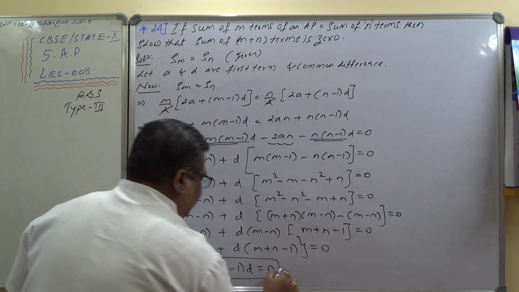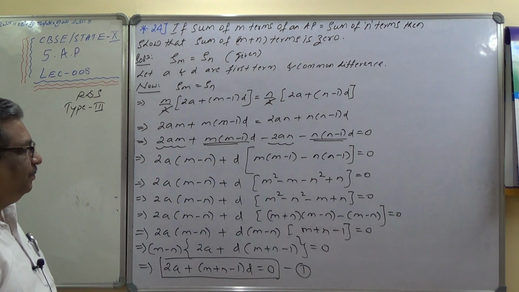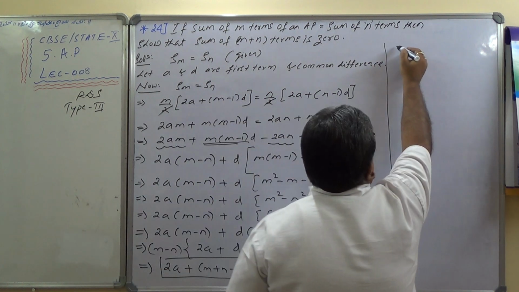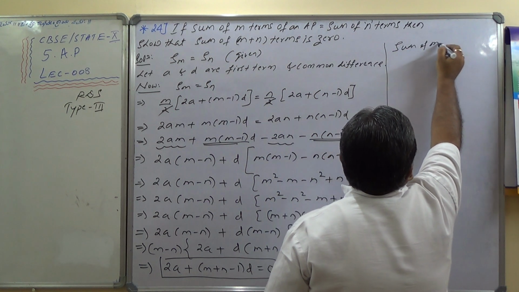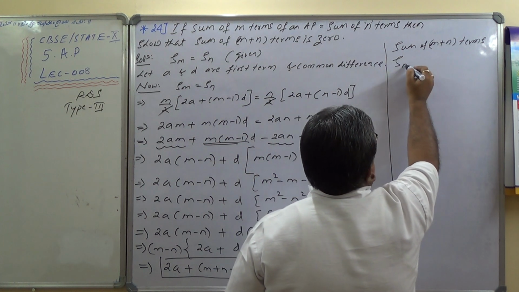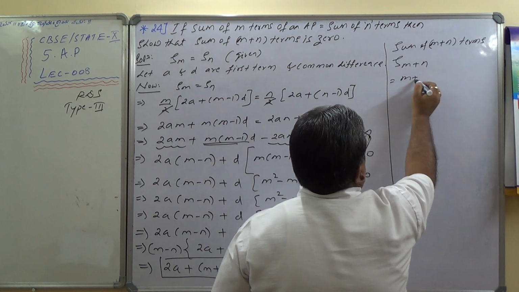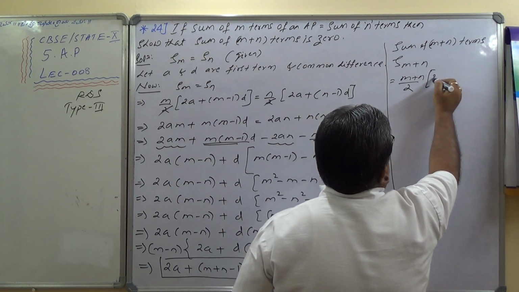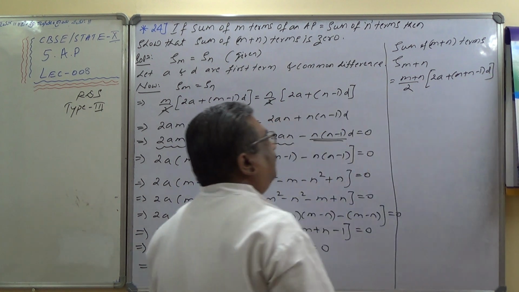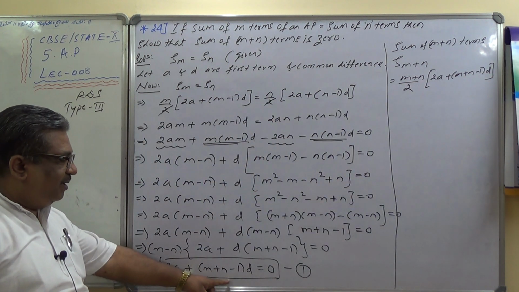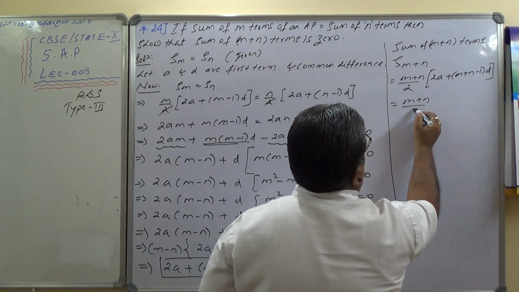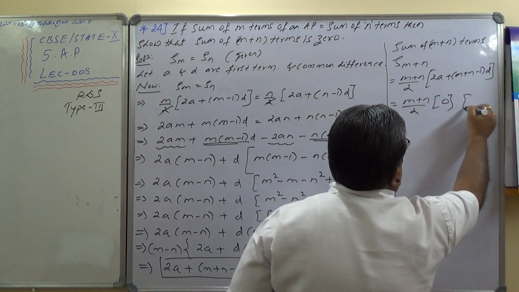m plus n minus 1 d is equal to 0. This is 1. Now the sum of m plus n terms is given by S_(m+n), which equals (m plus n) by 2 into bracket 2a plus (m plus n minus 1) into d. But you know 2a plus (m plus n minus 1) d is 0 here, which equals (m plus n) by 2 into 0 from 1,